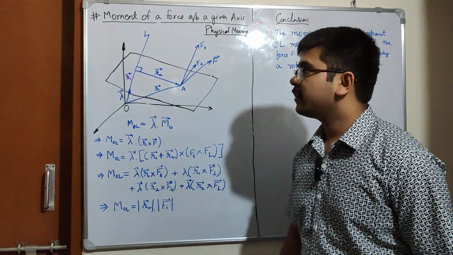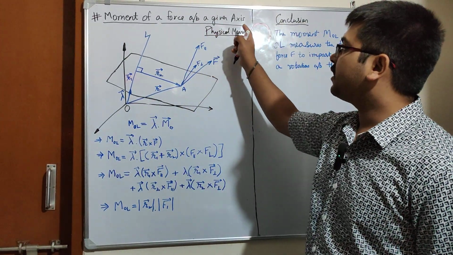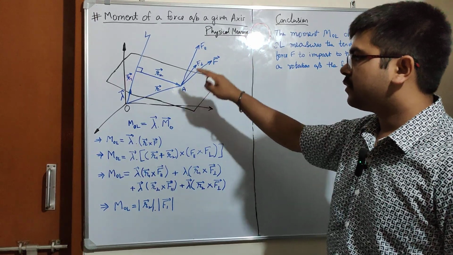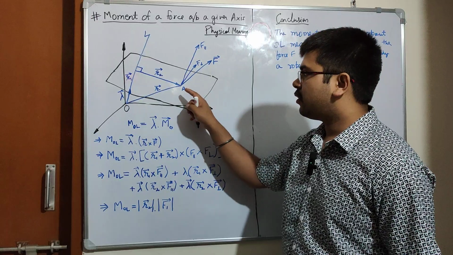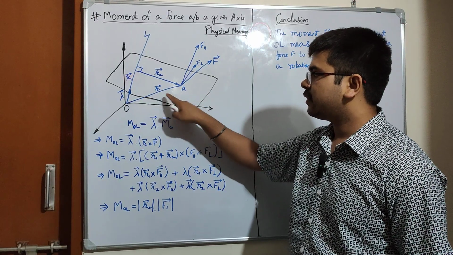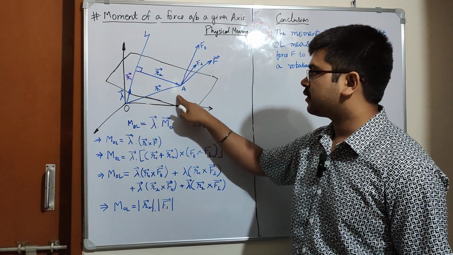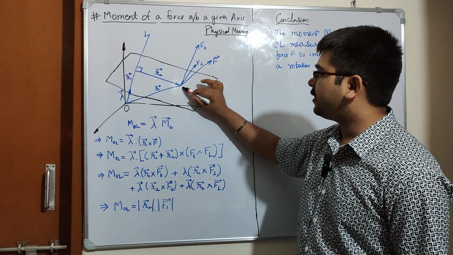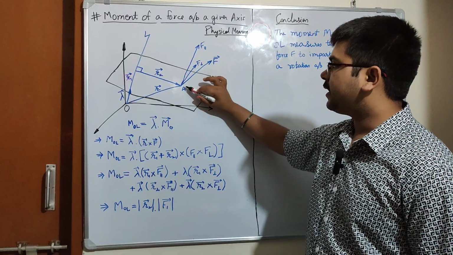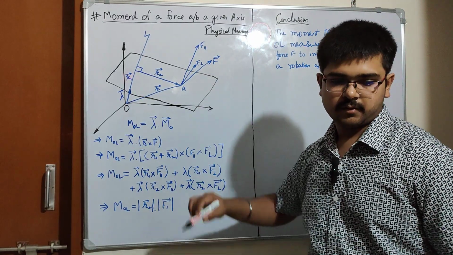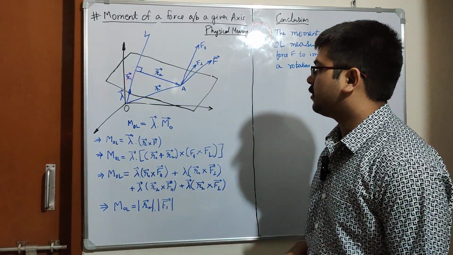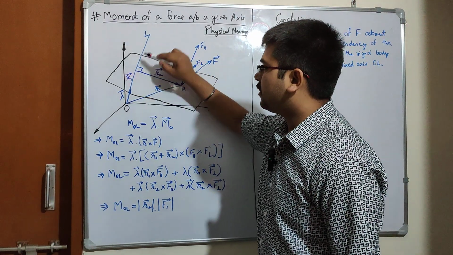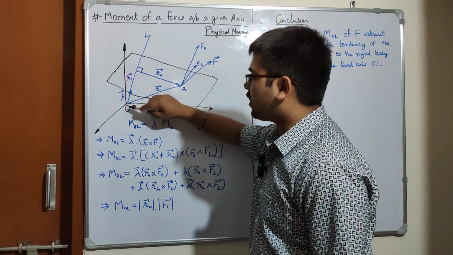Today we'll be studying the moment of a force about a given axis and its physical meaning. So I have a plane here on which a point A is there and OA is a vector. Then a force F is applied to point A, and we have an axis here, OL, on which the position vector R vector